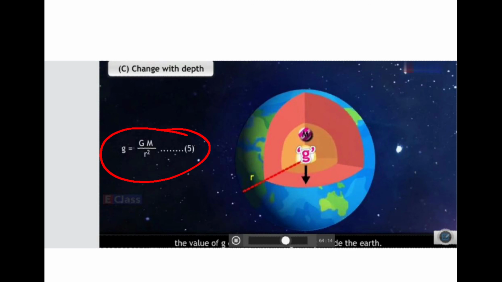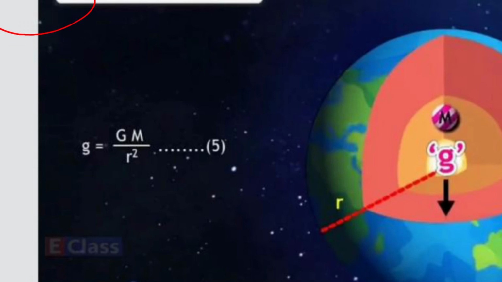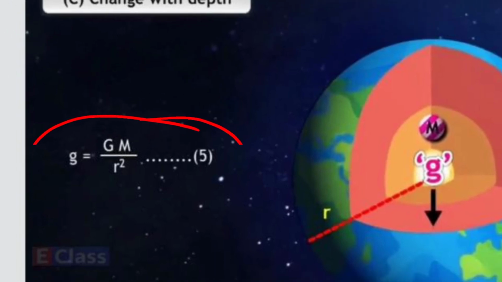Now one will think that the value of g should increase because just now teacher has explained, see this is very interesting, children. Just now we saw that when it was the communication satellite, at that time r was very big, so the value of g was very much small, isn't it? So what is happening now? This is the earth's center part, okay. This is the earth's surface. So if we take an object here, suppose there is an object here, then will the distance decrease or increase? It will decrease. The earth's surface is here, so this r has become smaller than R, its size has reduced.